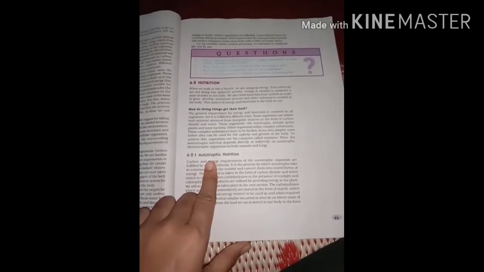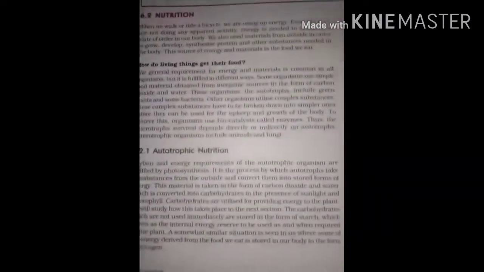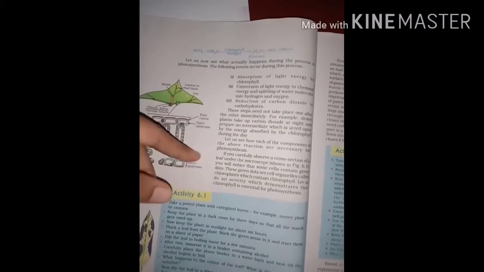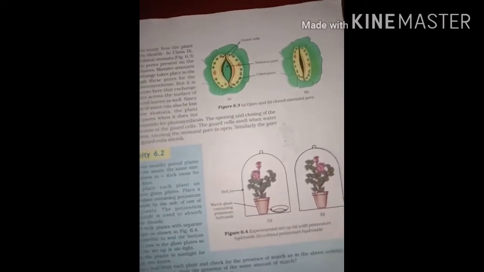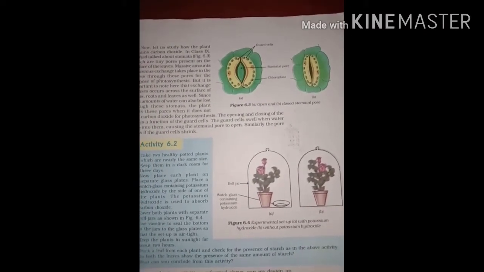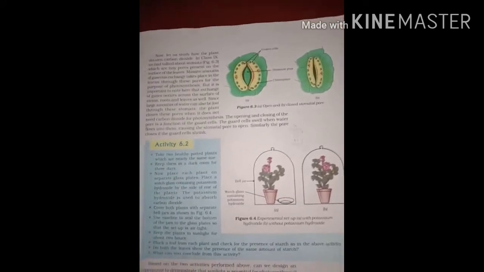Then what is the nutrition process, and how do plants get their nutrition through autotrophic nutrition? That process you have to explain. What is autotrophic nutrition? Then what is the chemical equation in the photosynthesis reaction? Then what are the steps involved in autotrophic nutrition? All these procedures you have to explain in brief. So don't write a passage paragraph, write the key points.